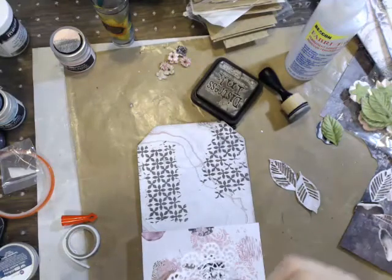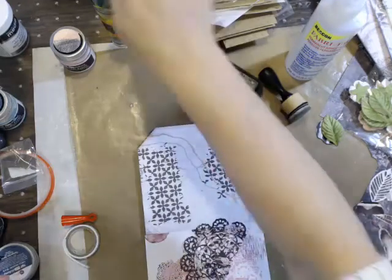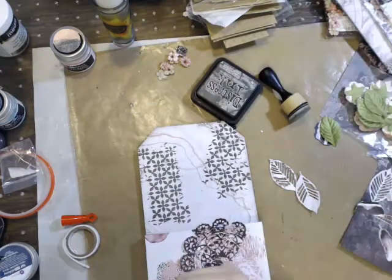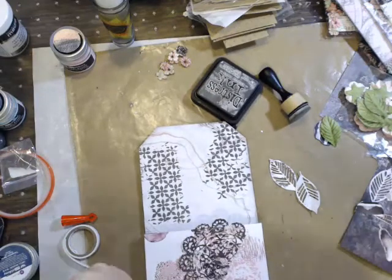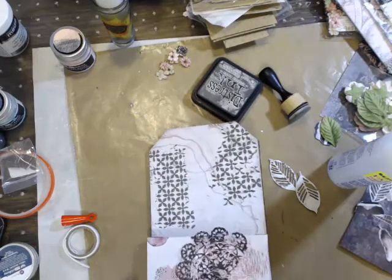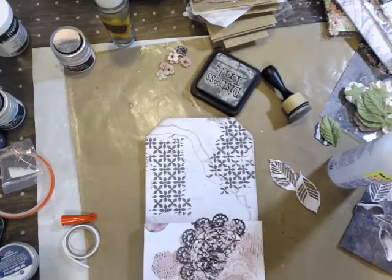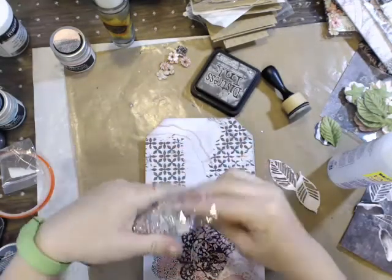So, front of the tag, doily, wet paint. We're going to grab some pretty trim. We're going to use, how about this mesh stuff? That's gray, that'll match. Because I'm going to add on top of this some of this. This came in a March kit. So these are